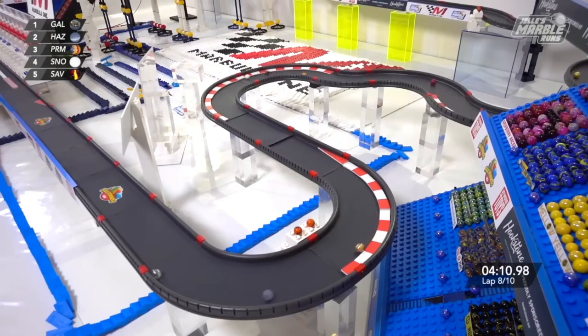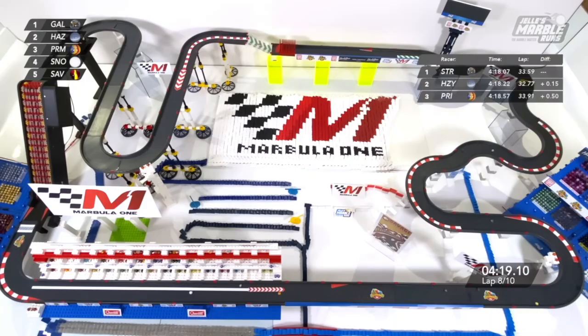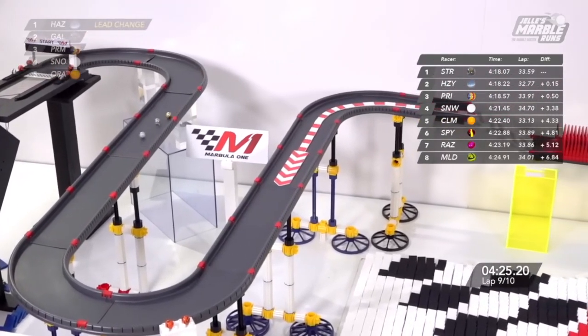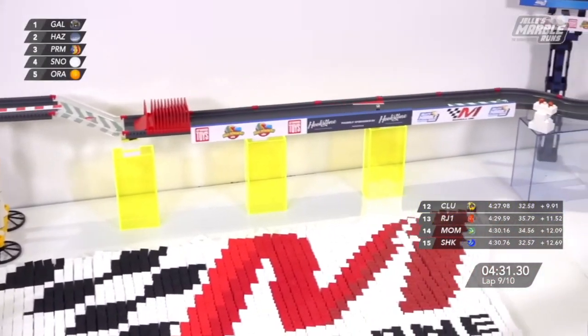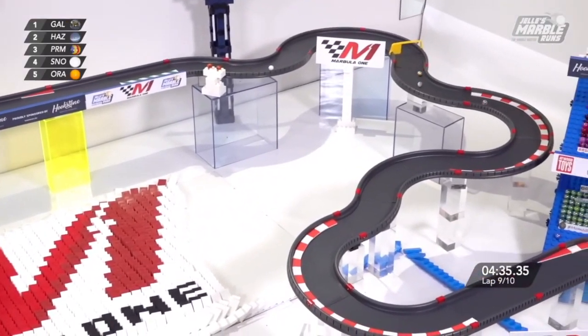With only 3 laps to go, Starry tries to hold on to the win and win the first ever Marbula 1 race in the 2020 season. Starry has a 10th lead over Hazy, but it just came down. Hazy to the outside, shoots into the lead. Starry gets him back and does the exact same move 2 laps in a row against the exact same marble